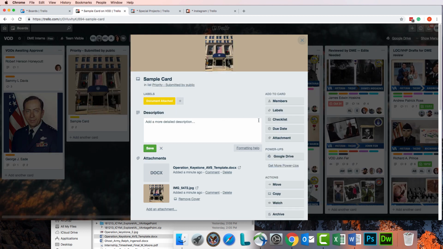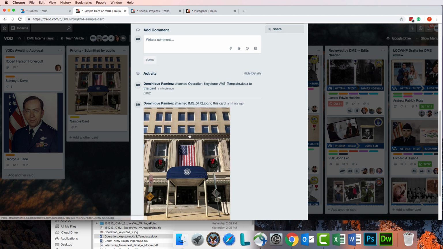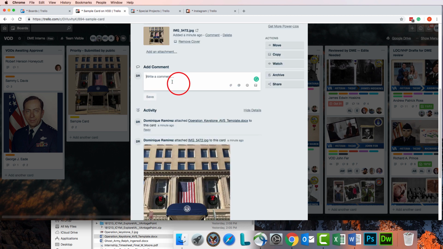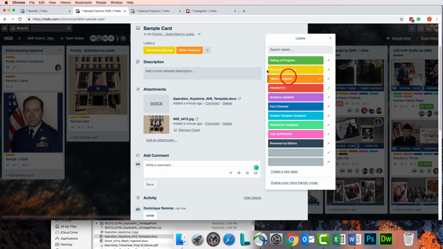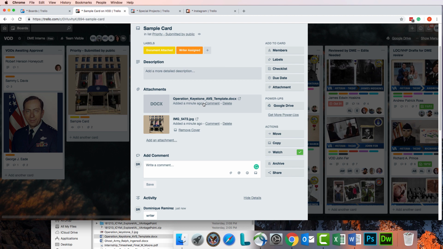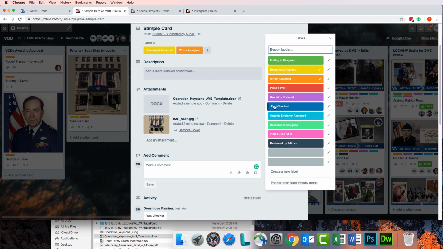So, let's say you're the writer, you get in here and say writer. Save it. Then go add the label writer assigned. And then when you're done uploading the document, you put document attached. And then if you were the fact checker, you would say fact checker. Save. And then if there's a label for fact checker,